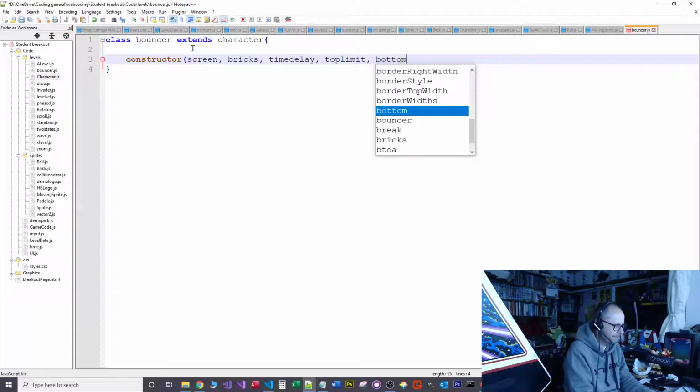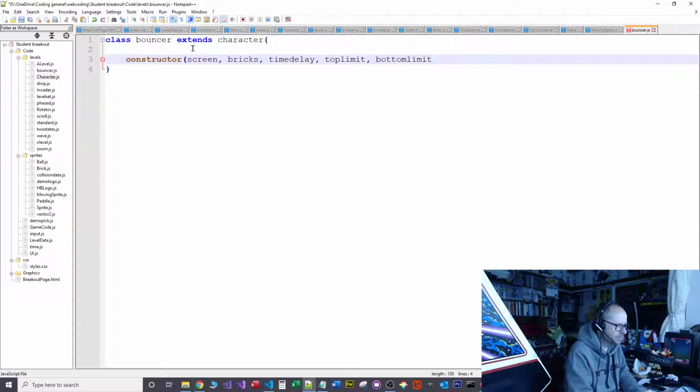bottom limit. So the top limit's going to be where the bricks move up to before they start coming down again, and the bottom limit's going to be the distance from the bottom of the screen before they start moving back up again. So bottom limit, top limit, and let's have speed. So how fast they move. That's going to be a mixture of the time and the number of pixels. So pixel step, I'm going to call it. Right, so I've added some parameters,